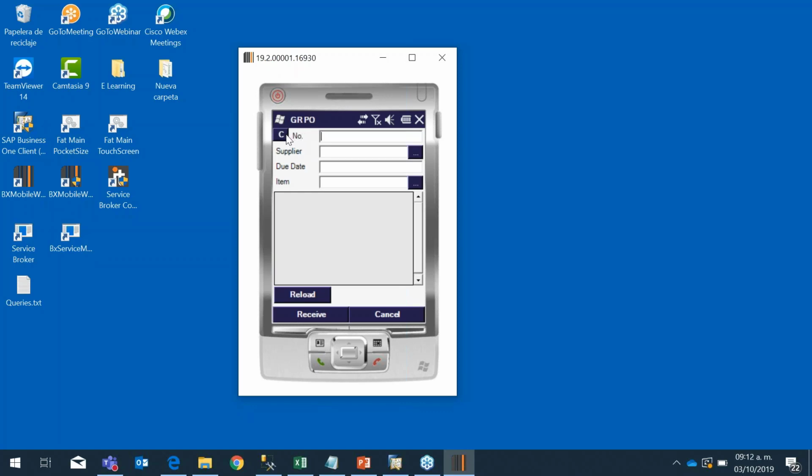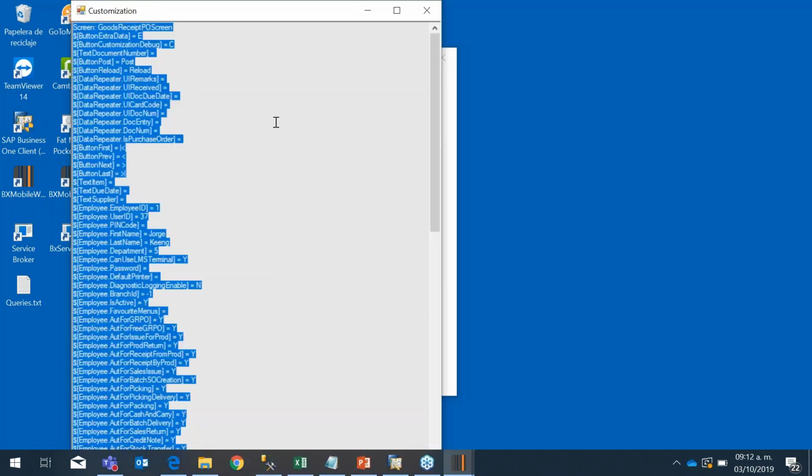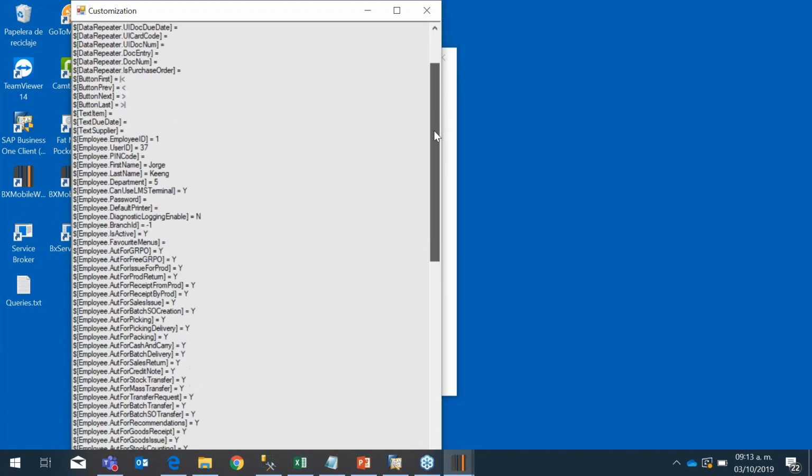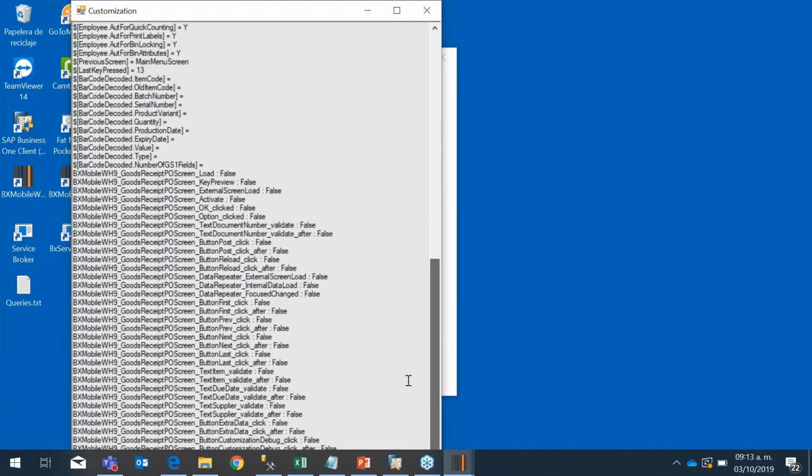So, for example, here, if I click on the customization mode, it's going to tell me at the beginning the name of this screen. So first of all, we need to know the name of this screen so we can start doing our customizations. And then, as you can see, we have all the information about the fields that we have present in this screen, the buttons, and other things that are going to be relevant in our next example,